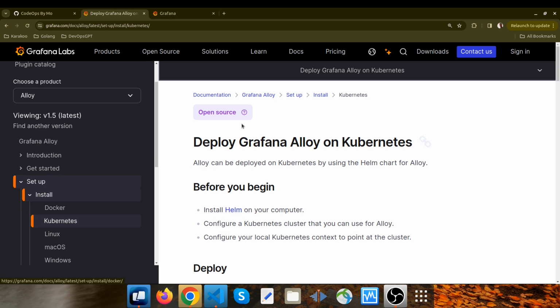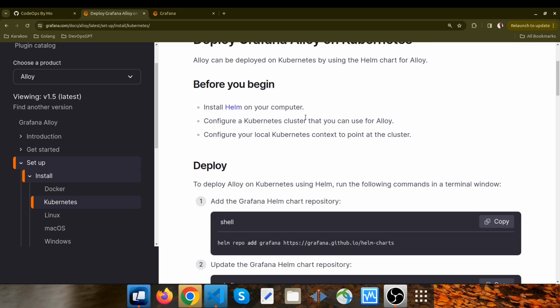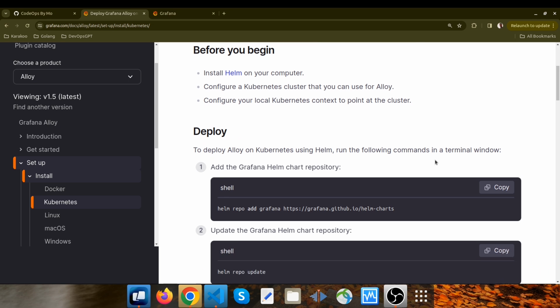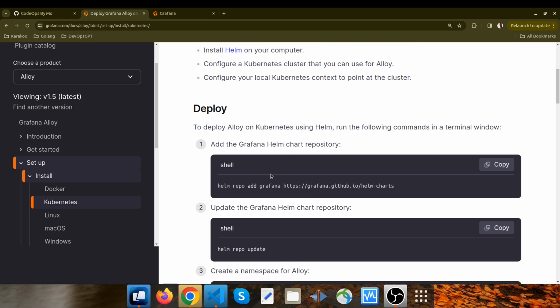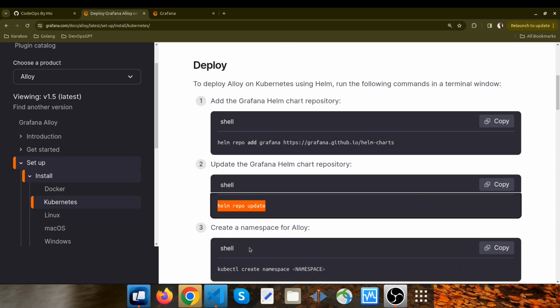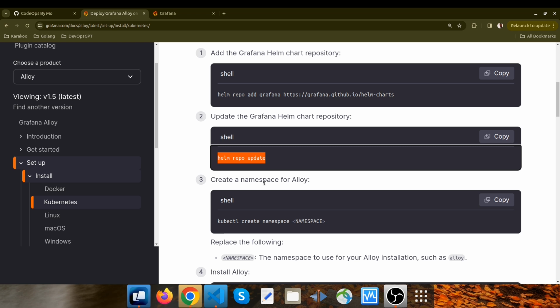I choose Kubernetes here, and the title is Deploy Grafana Alloy on Kubernetes. First of all, you need to install Helm on your computer, on your server. And then the first step is adding the Grafana Helm chart repository using helm repo add grafana. Then you need to update your Grafana Helm chart repository, helm repo update, and then create a separate namespace for